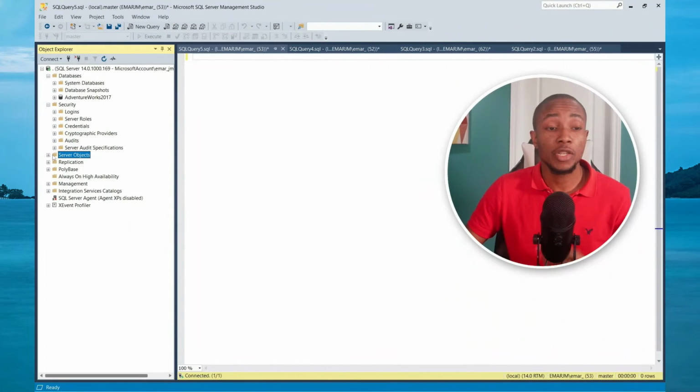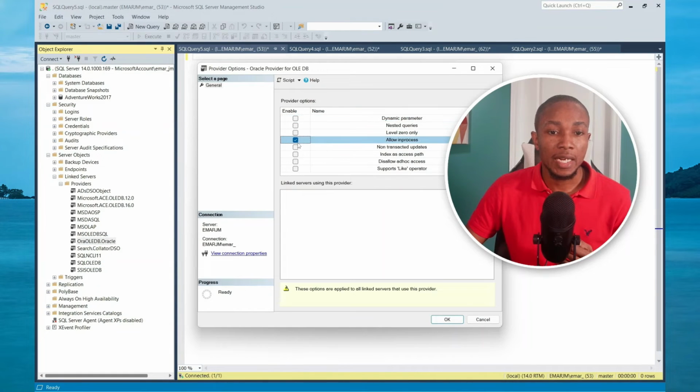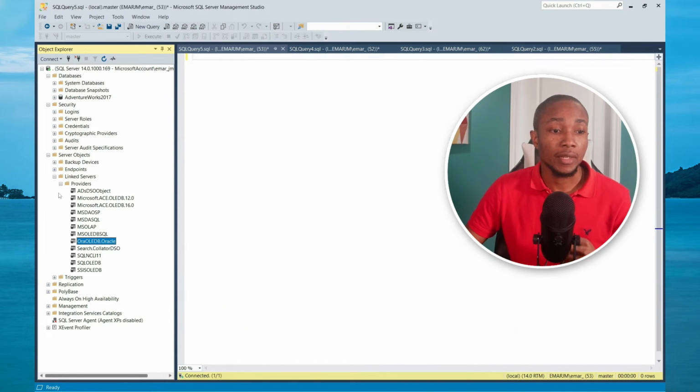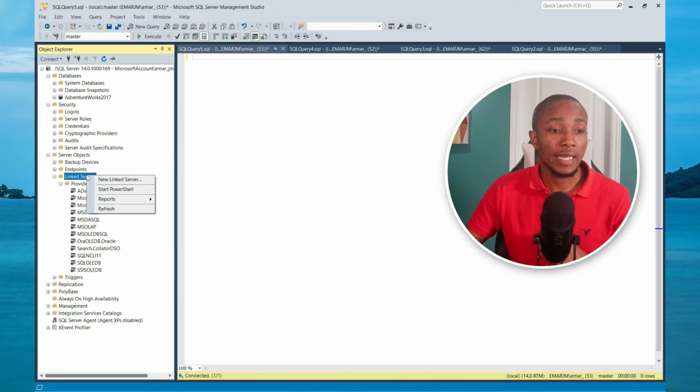Once you are connected to your Management Studio, expand server objects, expand LinkedServers, right? And under the provider section, right click on the Oracle provider, select properties, and then select allow in process. This allows you to run process on the Oracle database. Then select OK. Now it's time to create the LinkedServer. So I'm going to show you two ways how you can do this. First, right click, new server,